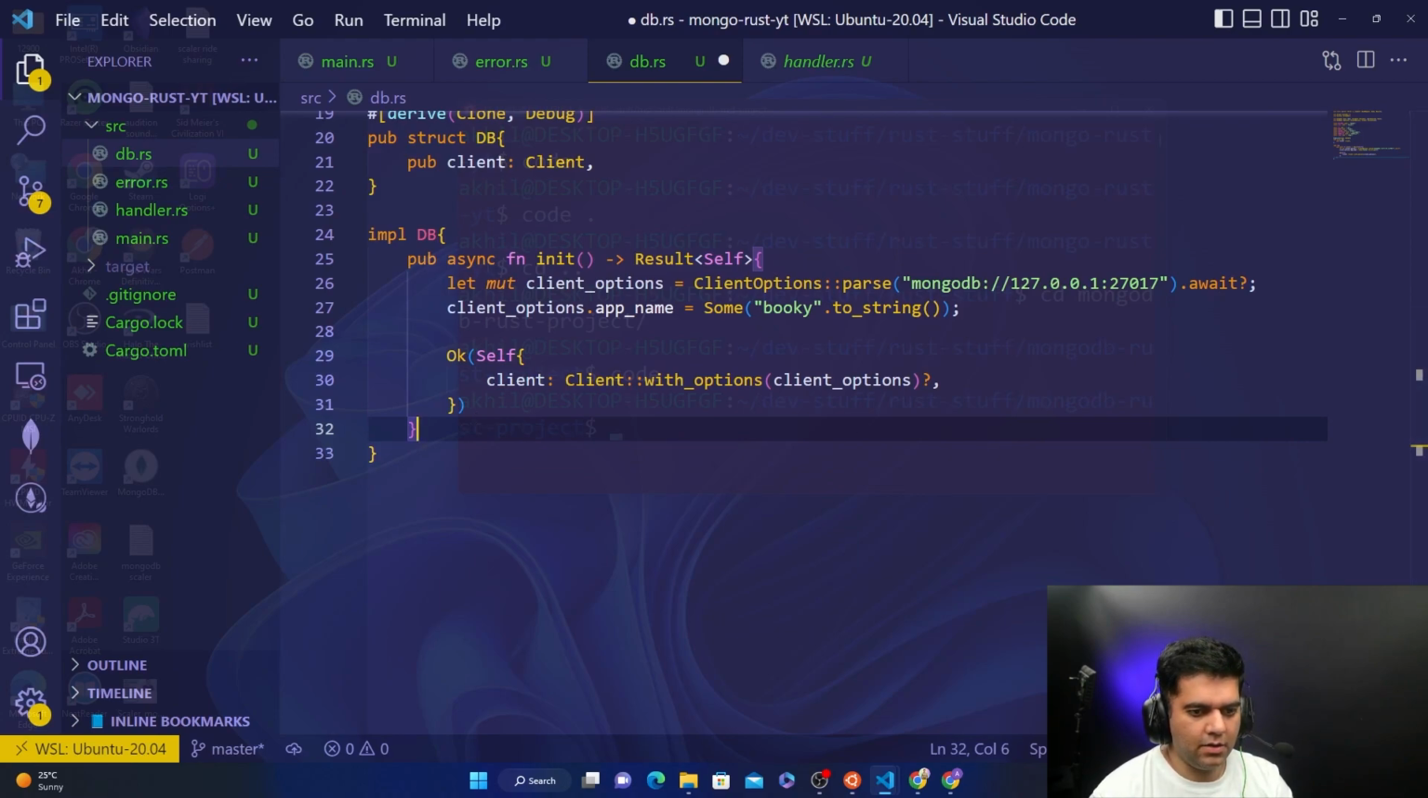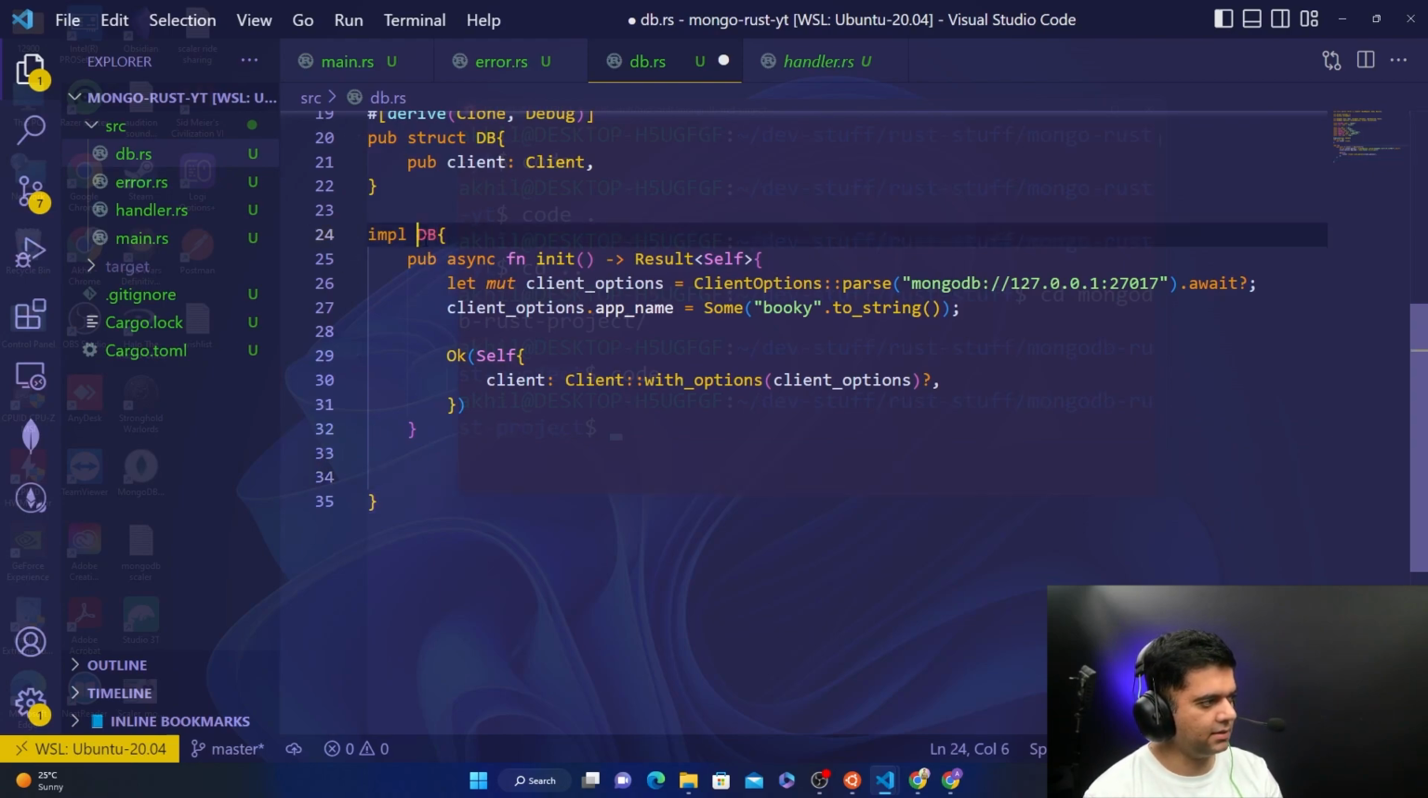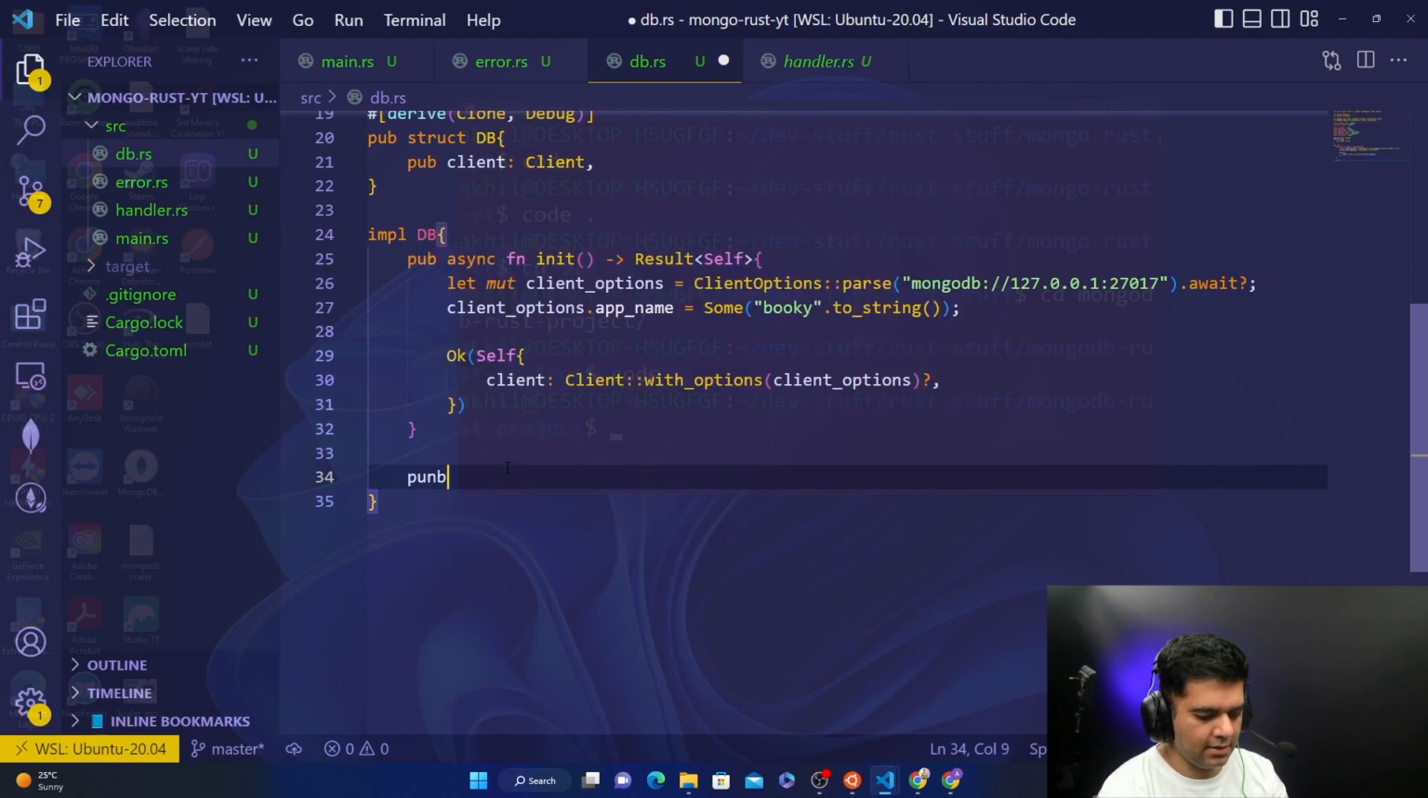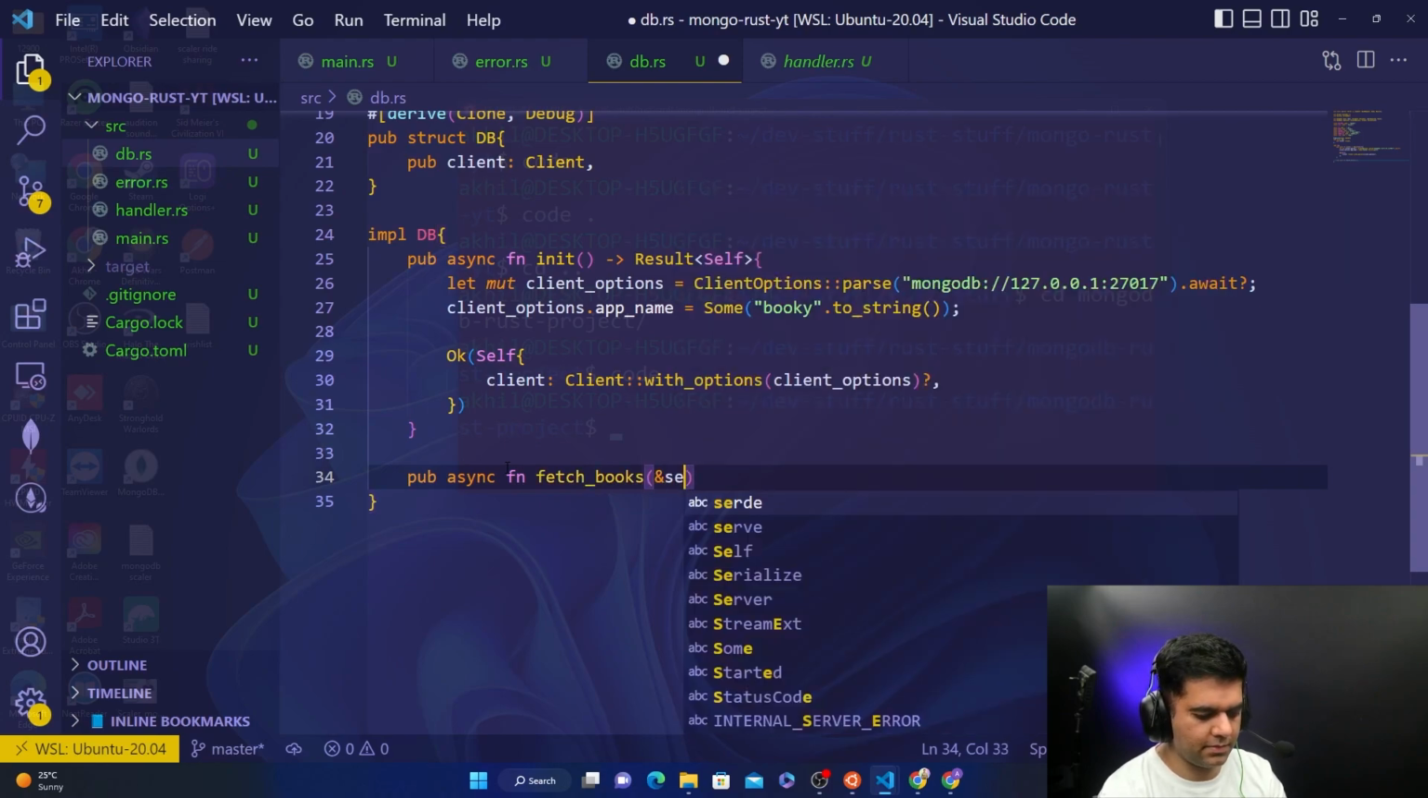All right, and now we'll work with our other functions, all the other functions, like fetch books and create book and all of that. So here, you come here. You're still inside this DB. All the functions are going to be part of DB, and you are going to say pub async fetch books &self